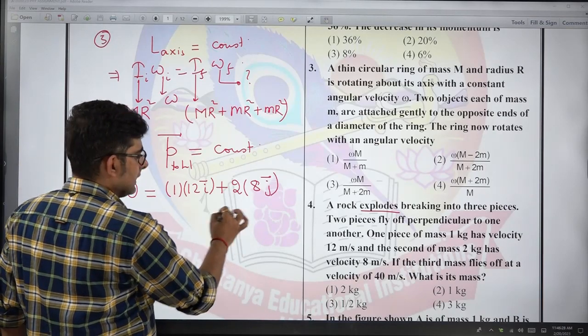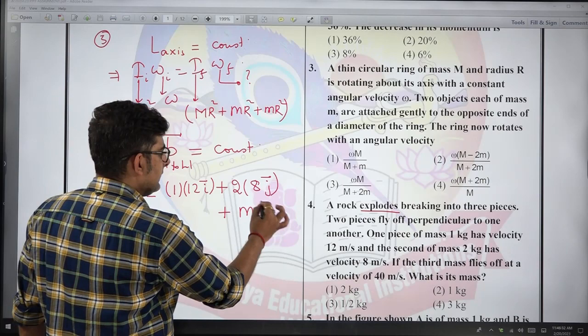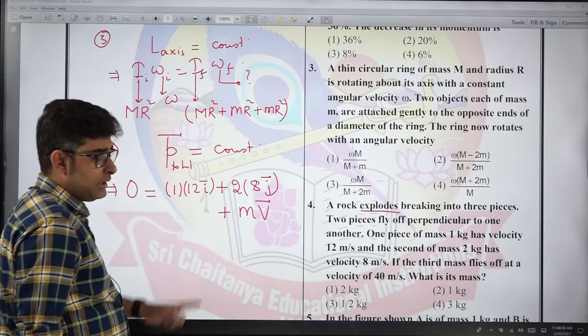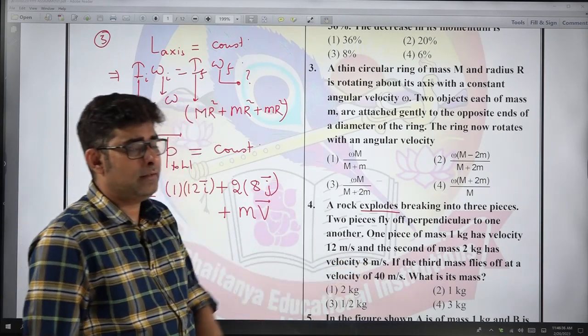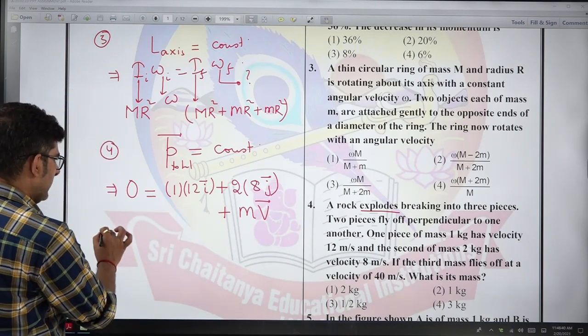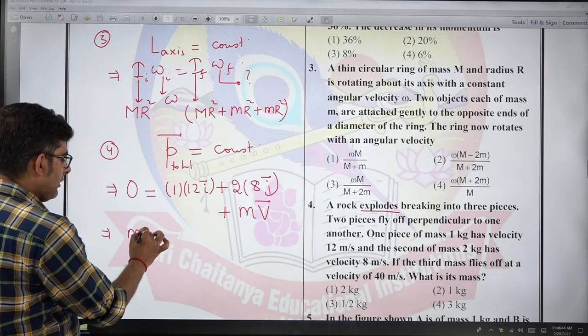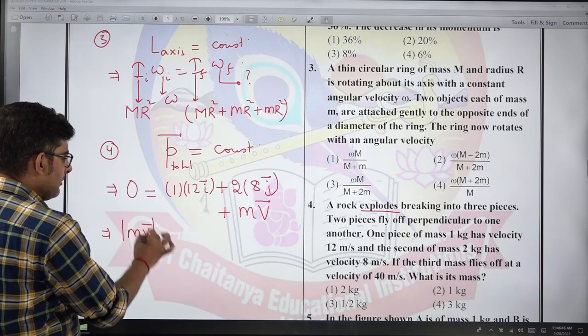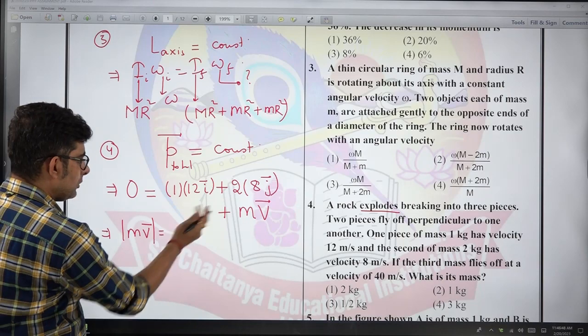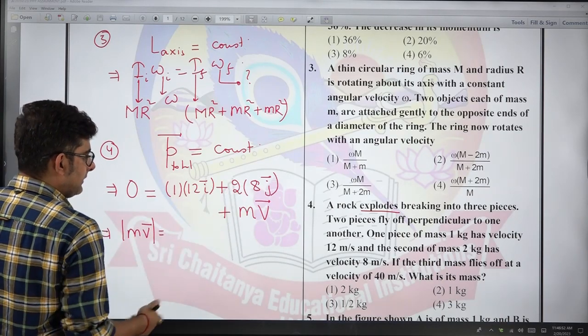Now comes the third one. Its mass I can take as m. Its velocity I can take as v. This velocity magnitude is given as 8. So they are asking the mass. Now what I can do is simply take mv on one side, and take its magnitude. So what you will do, take this on the other side, 12 i cap and 16 j cap, take this